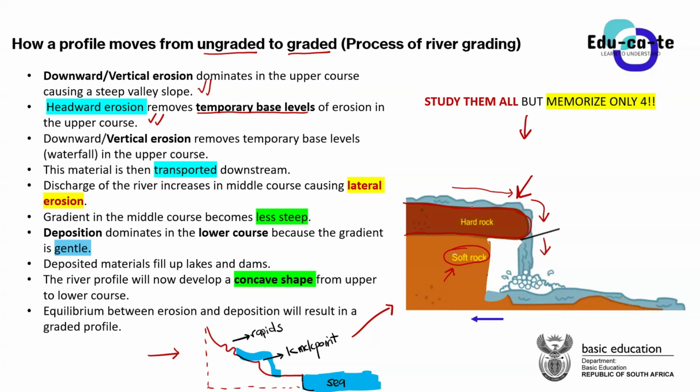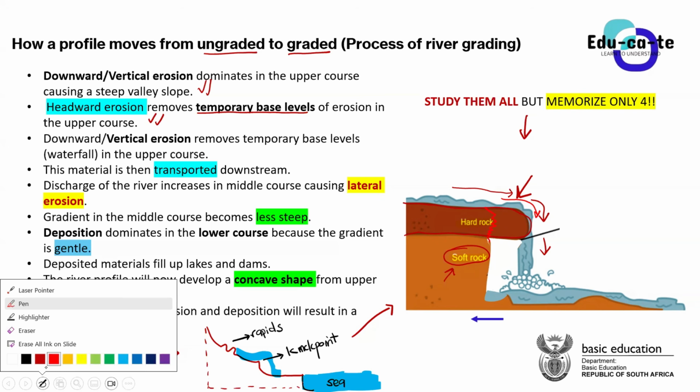So now when the softer rock has been eroded, we now have this hard rock left unsupported. And when it is left unsupported, what will happen? It will end up breaking apart due to this water, because this water keeps on being heavy on it and it cannot carry that weight of water. It is the one that will break this hard rock and break it and break it.